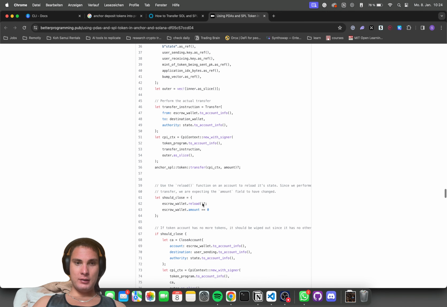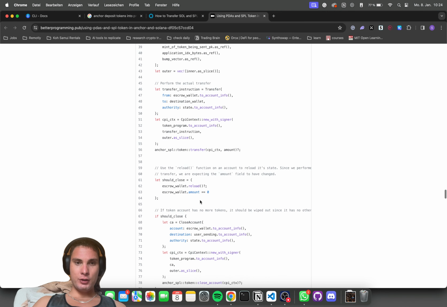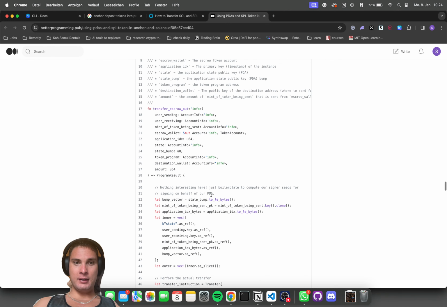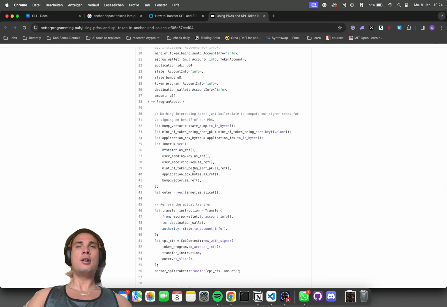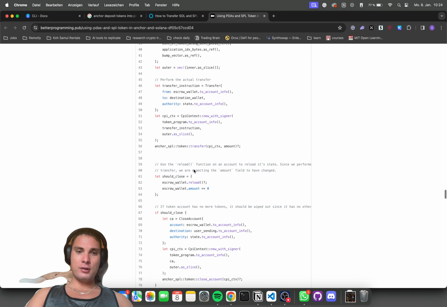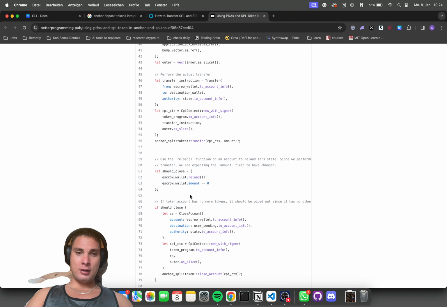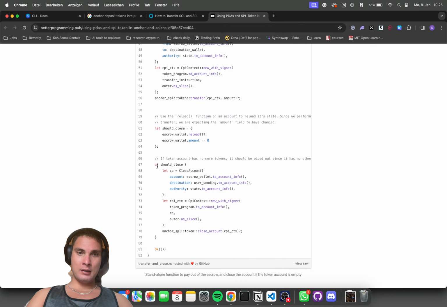The transfer should close. We should close if there is no amount left, since Bob can basically specify the amount he wants to withdraw. So if he withdraws only half, of course we don't want to close. And if should close,